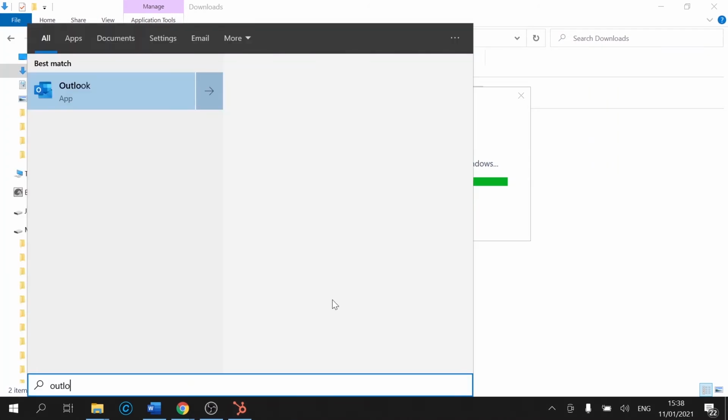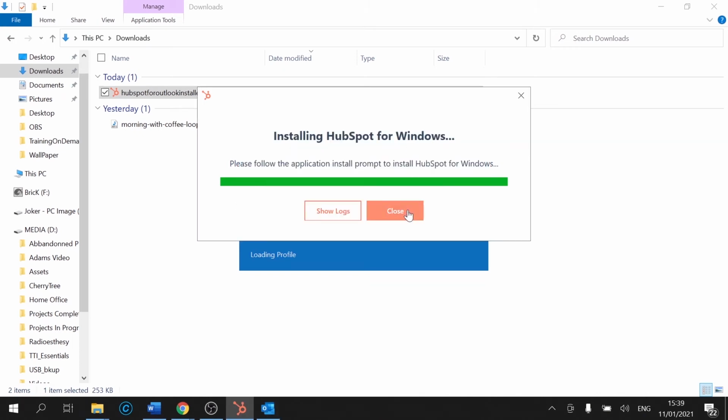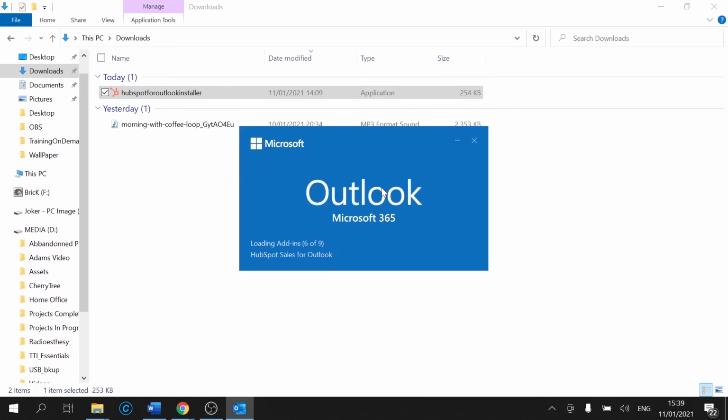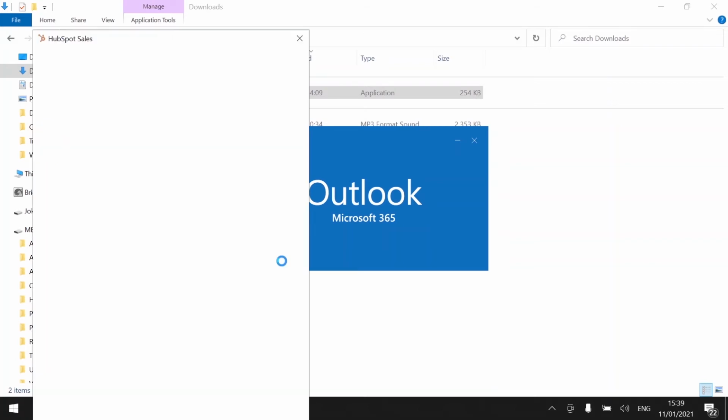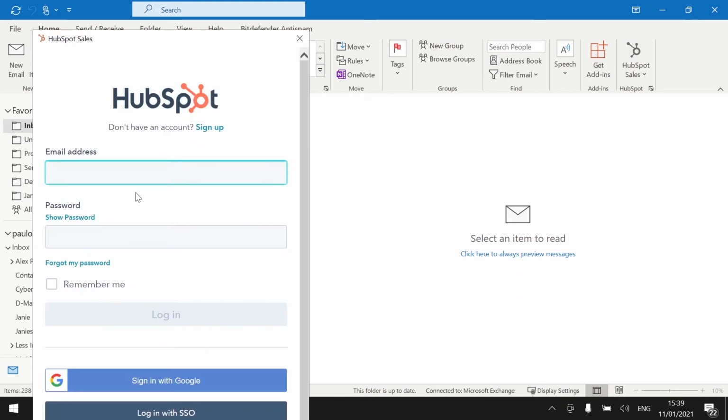You're going to open Outlook. You can close this window if you like. As you can see, it's already loading up all the add-ins. And once you open Outlook, it's going to ask you to log in to your HubSpot account. So click login, type your email,